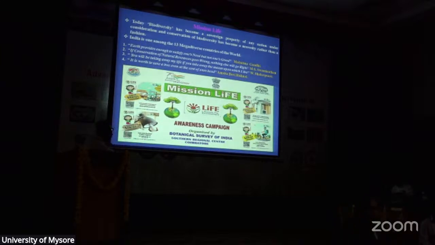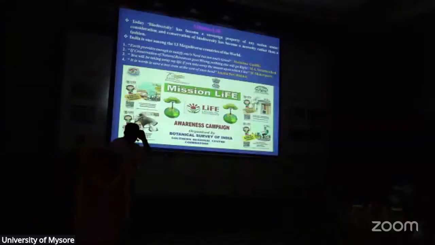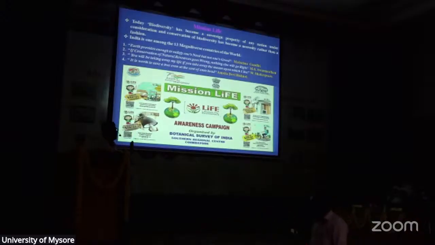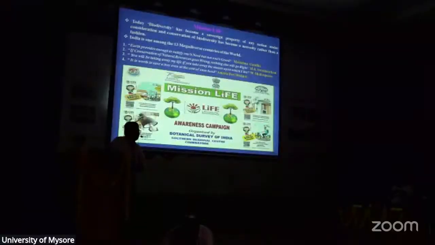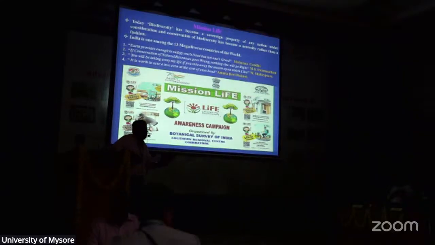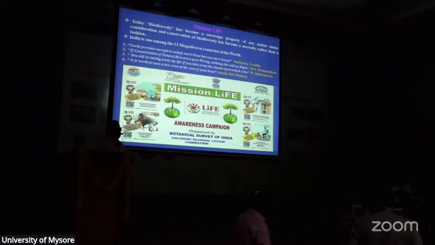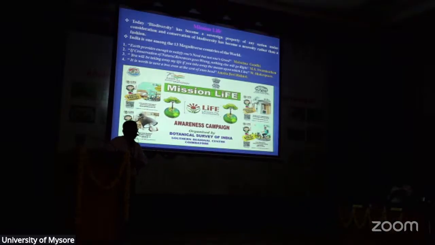So here, this Mission LiFE stands on two important aspects. One is the 3 R's: reuse, recycle, and reduce. And the second one is the 3 P's, that is, lifestyle of the planet, by the planet, and for the planet. About 7 categories have been named. One is save energy, save water, and healthy lifestyle, and reduce single-use plastic, and reduce e-waste, and all these things are some of the categories which have been proposed. Of course, our honorable Prime Minister knows how important the natural resources are and how to protect these natural resources is very important.